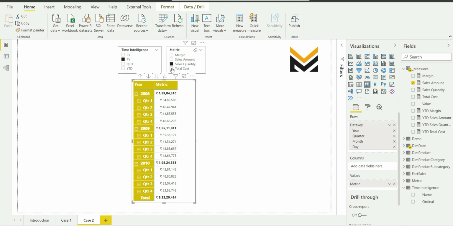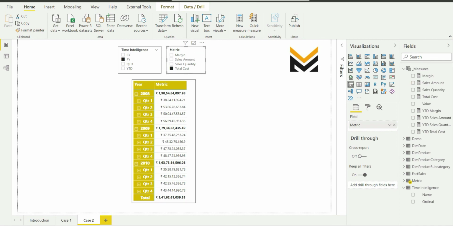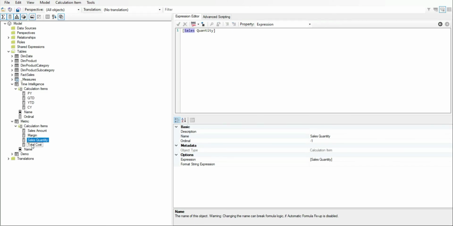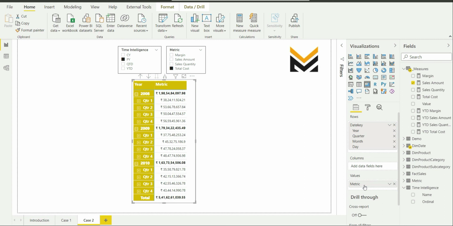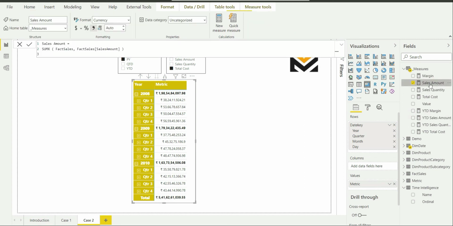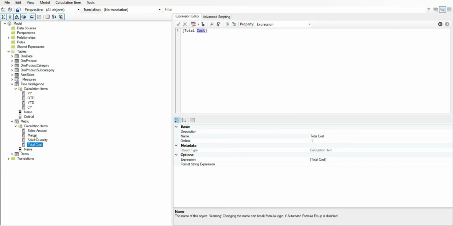In the same way, selecting total cost goes here, sees that for the total cost calculation item the DAX expression is total cost, and the same is executed. The same goes for margin. So whatever calculation was defined for the sales amount measure is overridden by the calculation defined for these calculation items.